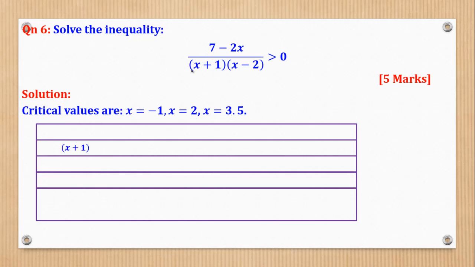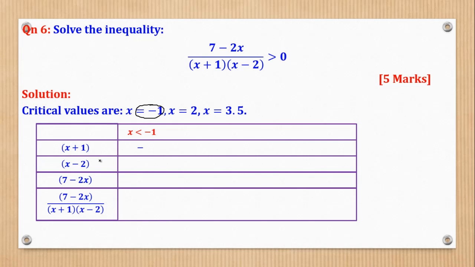Tabulating, I'll need these terms still in ascending order. It's better if they are done in ascending order. So begin with that, followed by this, and followed by this. But if you interchange the order, it is okay. Then you write the whole of this here. Then you start. For values of x less than this first value,